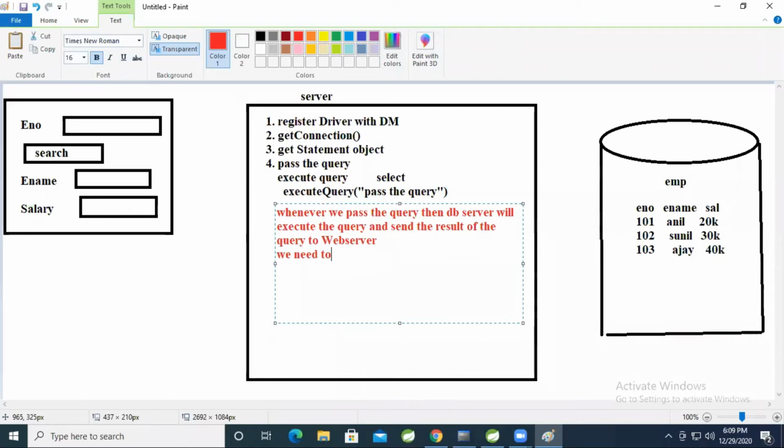So we need to store that result of the query. The result of the query is also nothing but one object or collection. Why? Because the database will always give you the data. The result is nothing but data. The data we need to store in what? Variable. If the result is a single value, store the result in a variable. If the result is multiple rows, a single row, a single column, multiple columns, or the entire table data, then we need to store